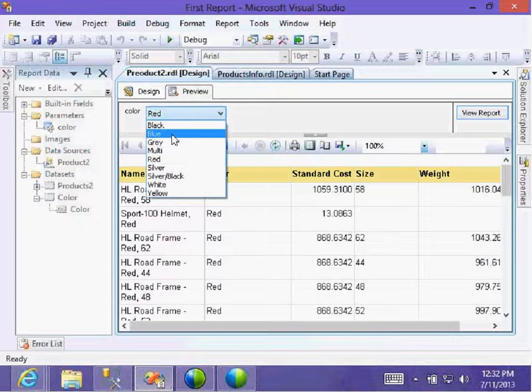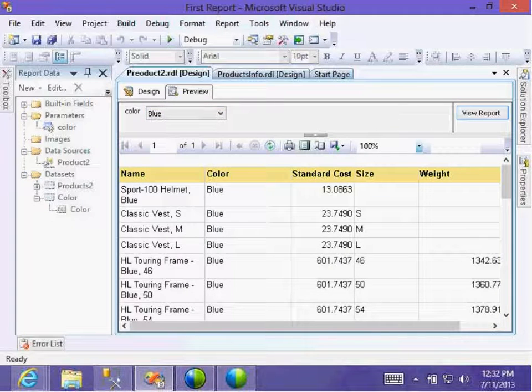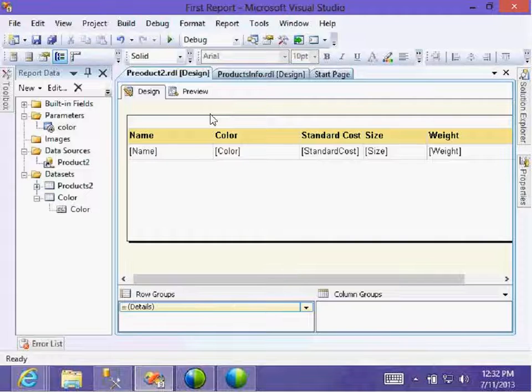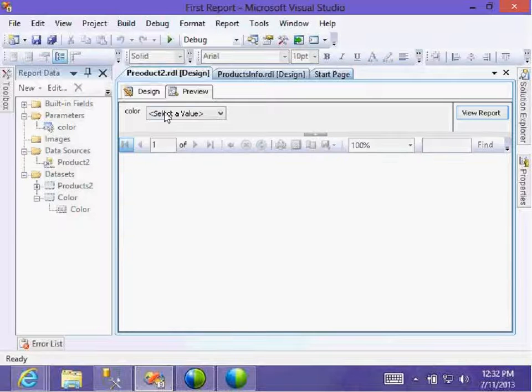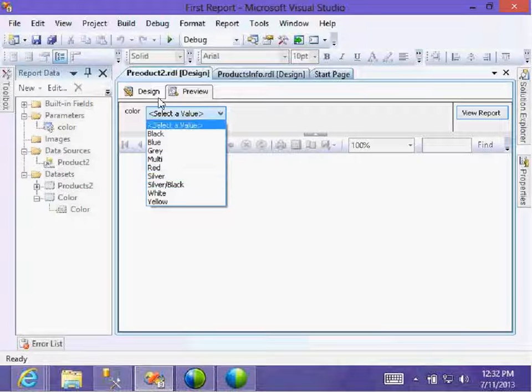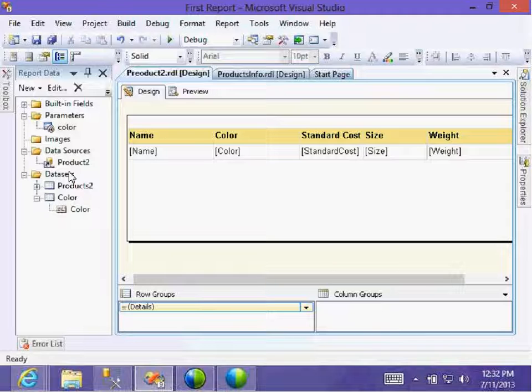Red. Parameter by writing the query. I want colors. What combination of colors? Can I say colors here? White can equal to. Then what do you need?